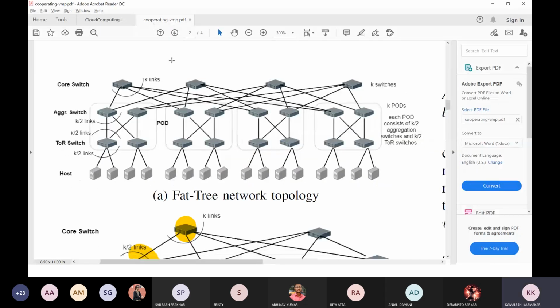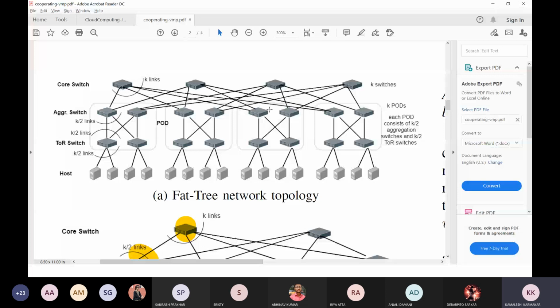So in the core layer, in case of fat-tree network topology, how many switches are there in the core layer? K number of switches. Every switch is connected with a pod.